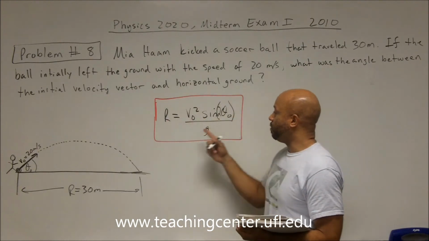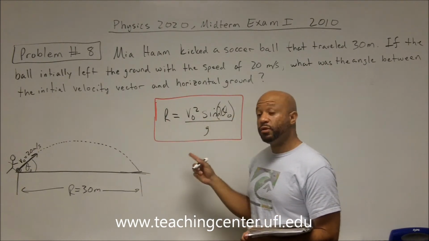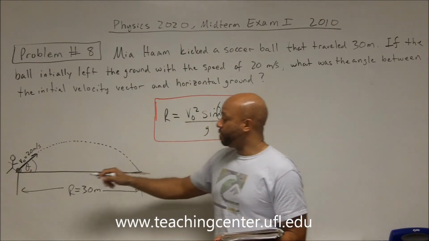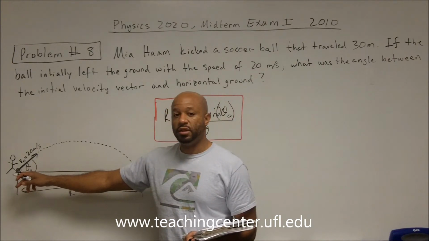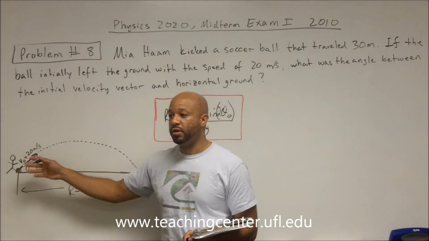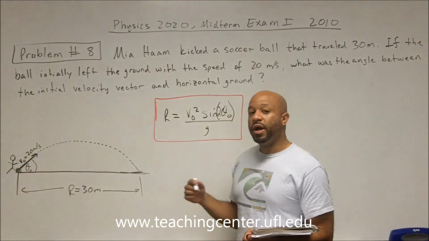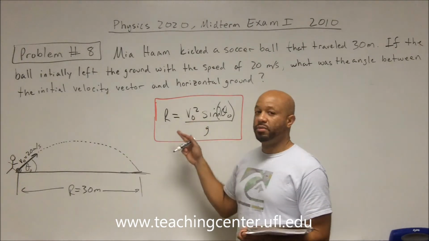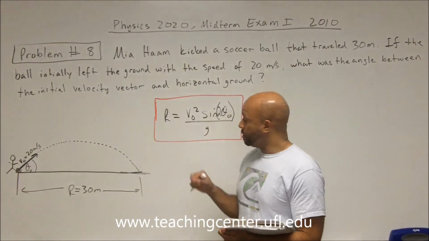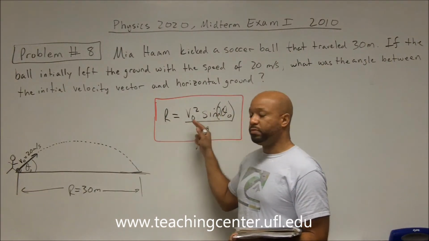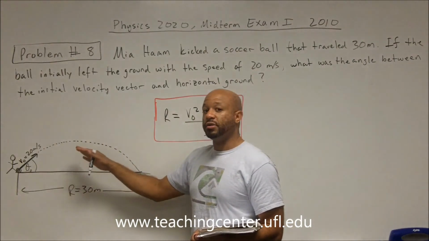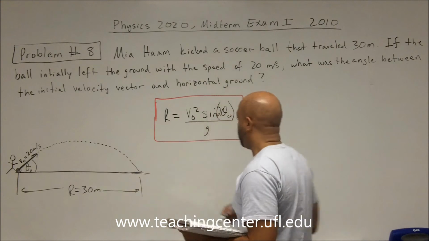One thing to note is that we can use this particular formula on the formula sheet because we know that the initial position that the ball is being kicked is at a height of 0, so basically it's on the ground. If your initial height does not equal 0, then you would not be able to use this particular formula for a range. There's a different formula. And so we are able to use this formula for the range, given the fact that we're kicking the projectile from a height of 0. All right, so